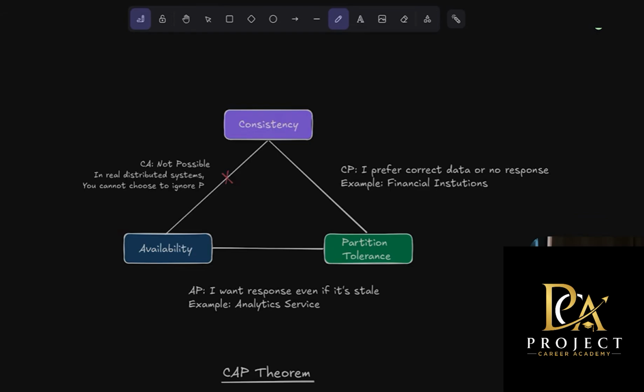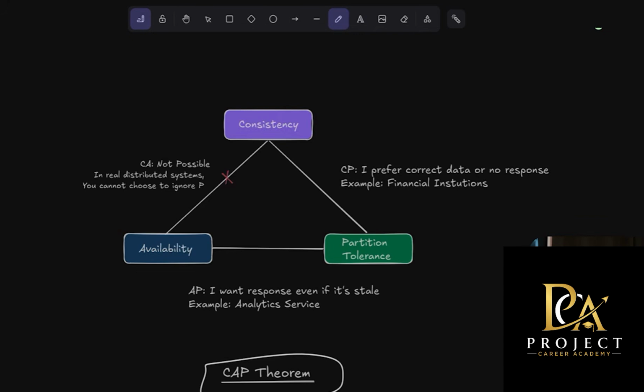There's another concept called the CAP theorem. CAP theorem is not a law but a fundamental concept in distributed systems. Here CAP stands for C, consistency, A, availability, and P, partition tolerance. Consistency is basically every user sees the same data. So there are no stale reads. Always correct data. Availability is the system always responds, even if the response is not perfectly up to date. And partition tolerance means the system continues functioning even when the communication between the nodes breaks. So even if there's a network failure, it will continue to work because the system is well partitioned.